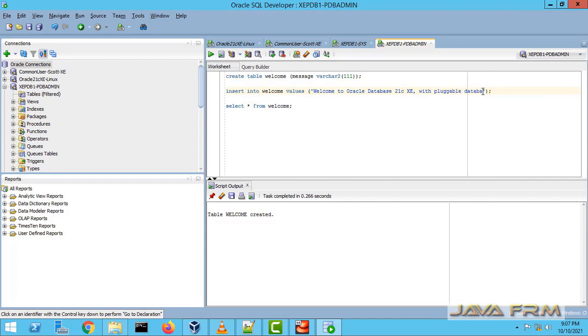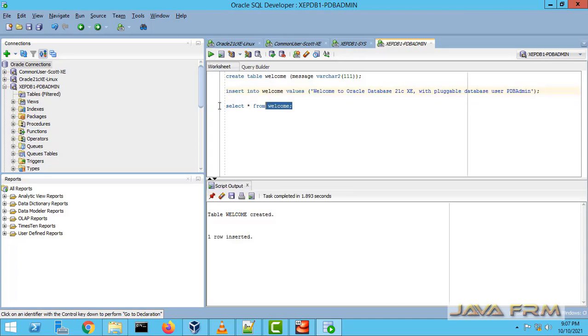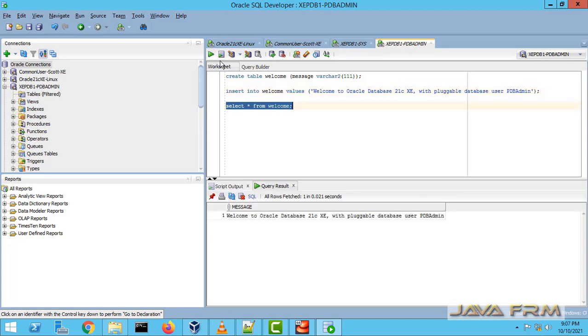So all the container users have access to this pluggable database also. Not only pdbadmin, an external user can also access this pluggable database. Yes, so I am able to create, insert and select records from the pluggable database as pdbadmin.